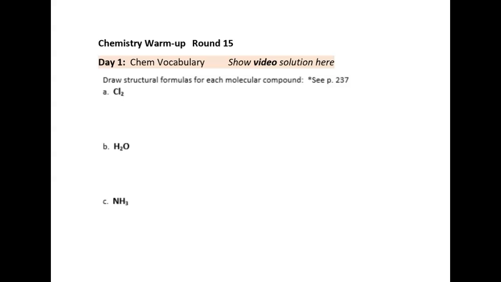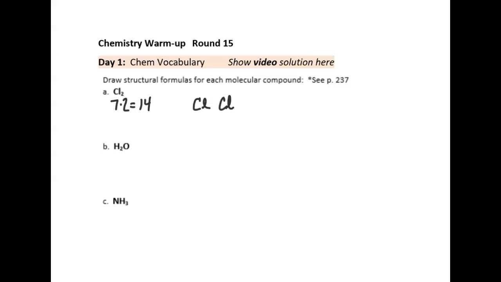So let's do a molecule of chlorine, which has 2 chlorine atoms. Chlorine is in group 7A. So each chlorine atom has 7 valence electrons. There are 2 chlorine atoms in the molecule, so we have 14 valence electrons to work with. We want to create a drawing that uses 14 electrons, yet each atom ends up with 8 electrons around it,